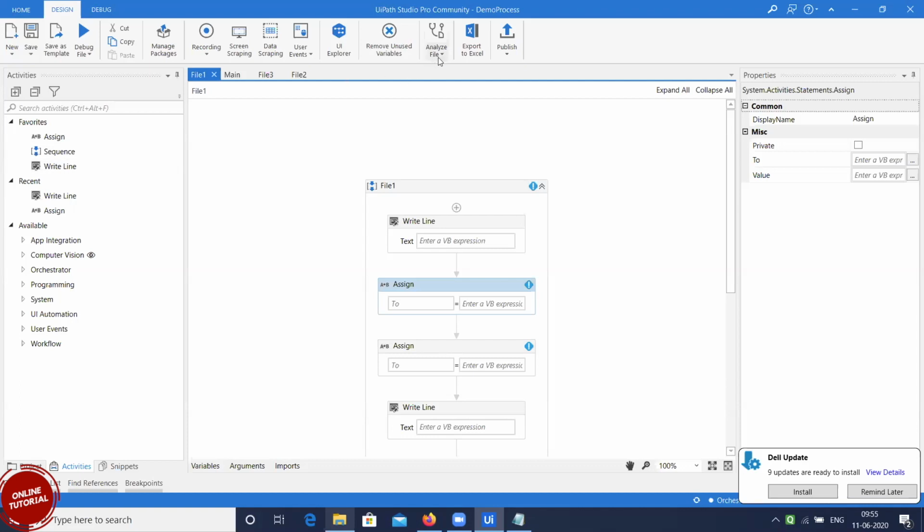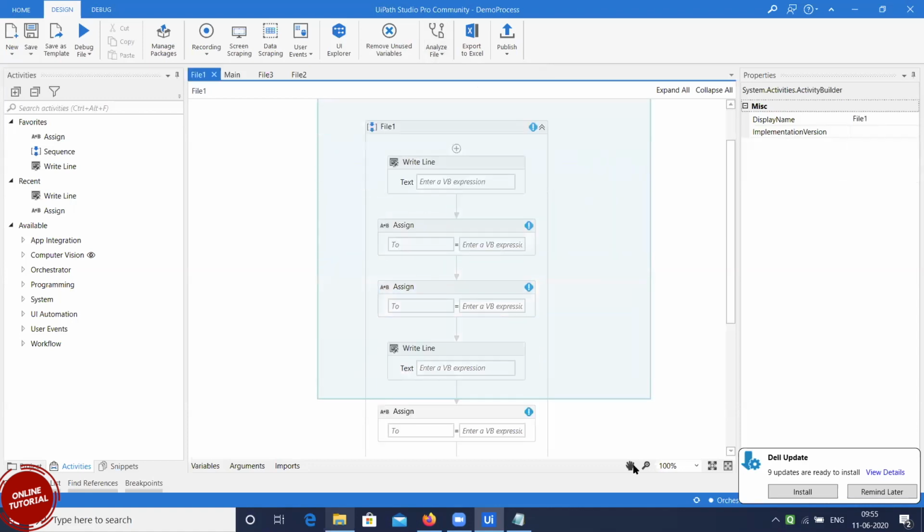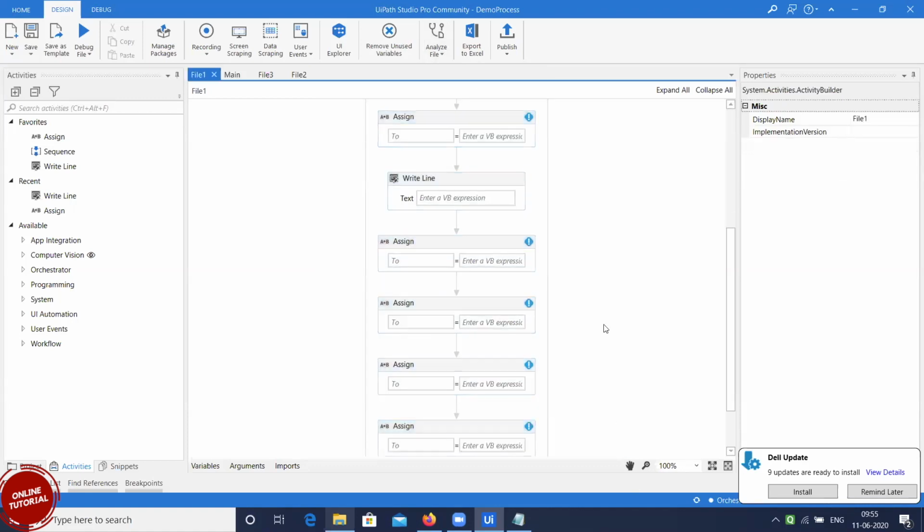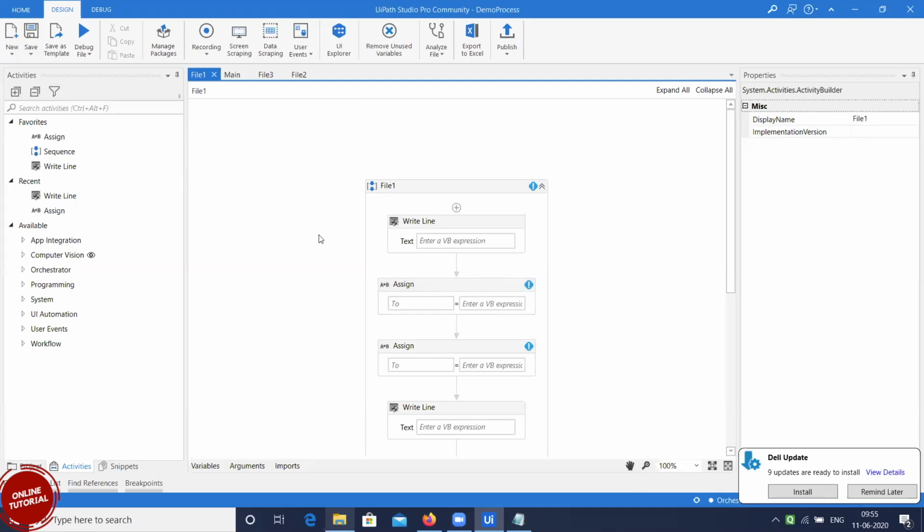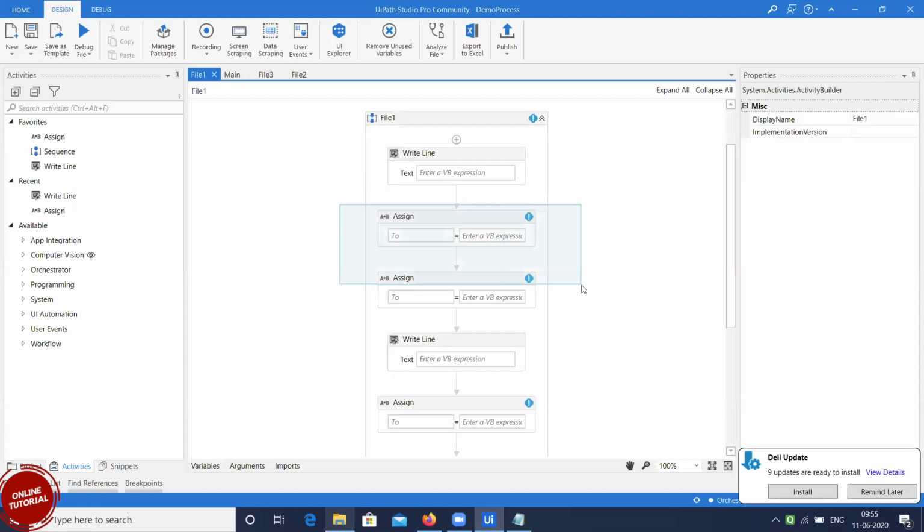Then next we have analyze file. This is used whenever you want to check whether any error is left out or not. Most of the time in UiPath, you will have a blue color symbol here if there is any error, which indicates that this step has some issue.